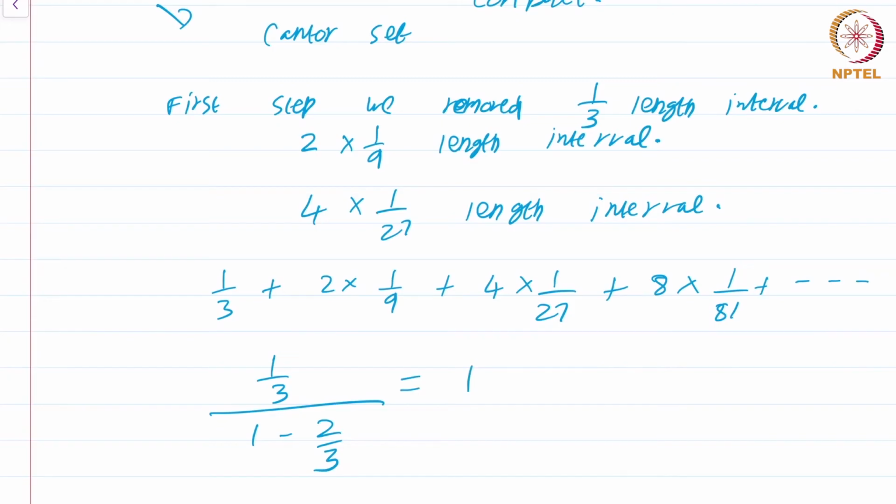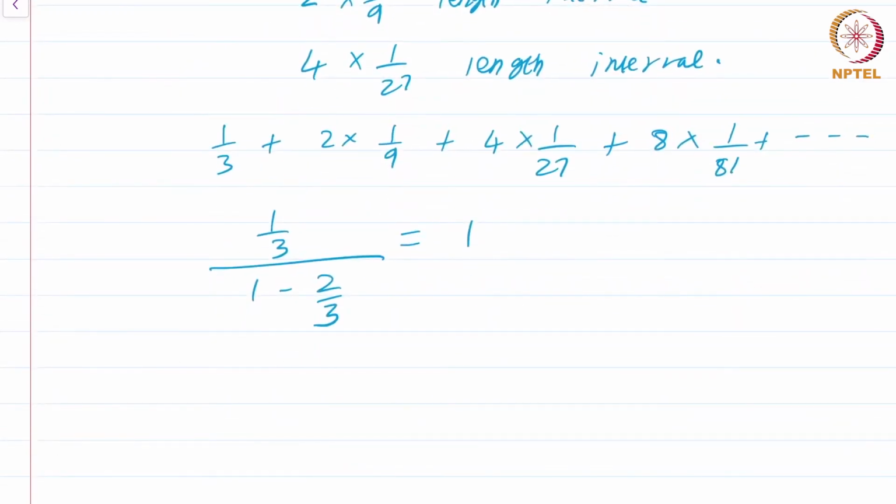1. Okay. So what this means is the lengths of intervals that we have removed from the Cantor set sum up to 1. In some sense, we have removed the whole of the interval [0, 1], at least from this naive argument. But that's not the interesting thing. The more interesting thing, I'm not saying this is not interesting, sorry about that. This is interesting, but even more interesting is the fact that